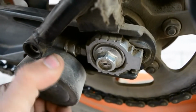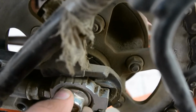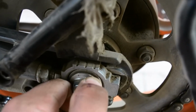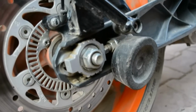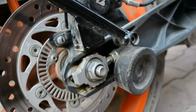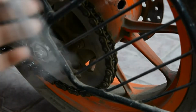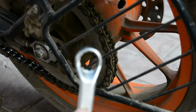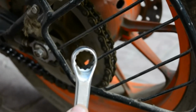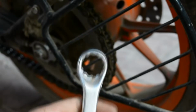So let's do it. I have got the slider down. Now I need to loosen the nut on one side and hold the nut with one spanner, and loosen the nut on the right hand side with another spanner. You do not need any special tools, but a 17 mm ring spanner, and a 22 number ring spanner for the right hand side of the wheel,